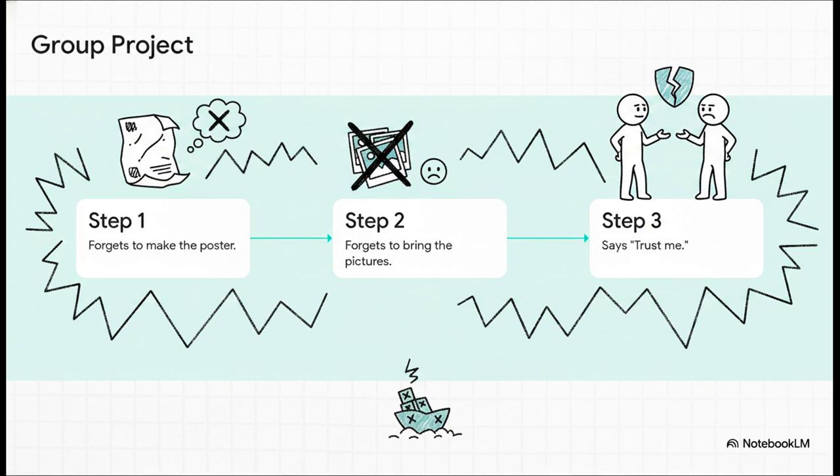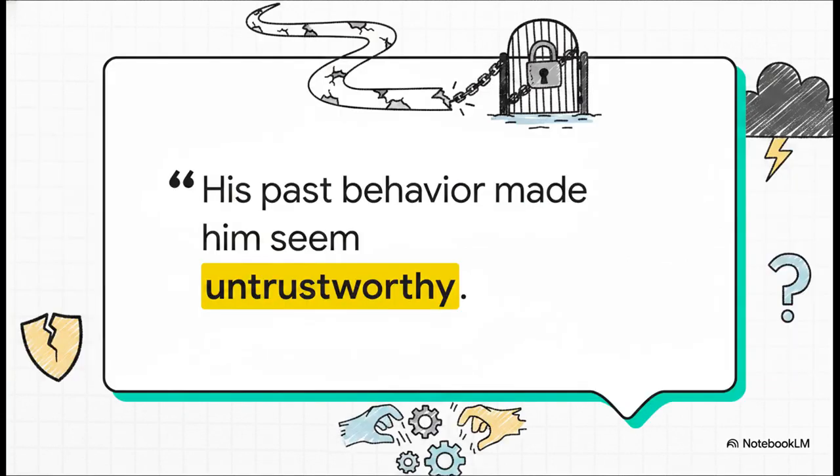I mean, come on. By now those words mean absolutely nothing, right? That "trust me" is completely empty. And this is where we see the real-world consequences hit. Look at this sentence. The group did not give Jason the most important job because his past behavior made him seem untrustworthy. Jason's group is understandably not going to assign him anything critical because they just can't depend on him to do what he says. It perfectly shows how past behavior directly shapes whether people can rely on you right now.